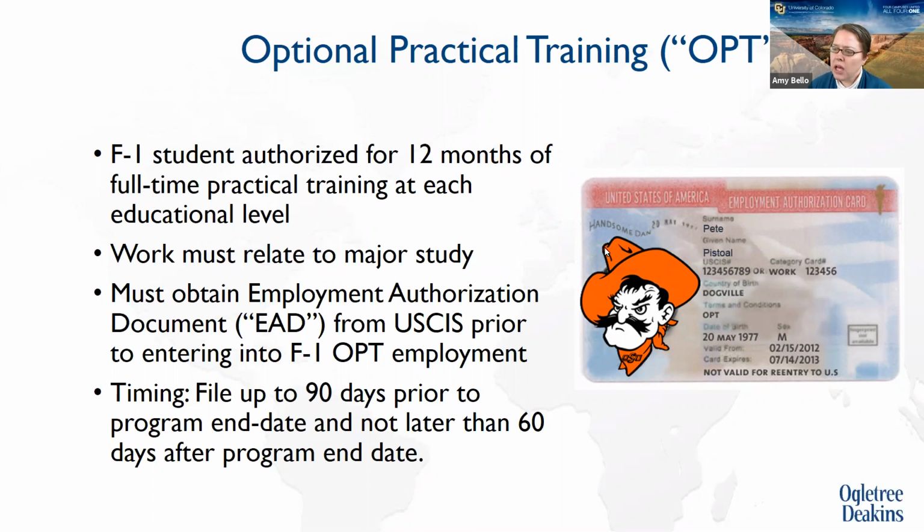F1 students can apply for OPT up to 90 days before their program end date. So that's the time frame in which they apply for the authorization to work, and also up to 60 days after their program end date. We see a great deal of fluctuation as far as authorization of OPT, and it literally changes semester by semester